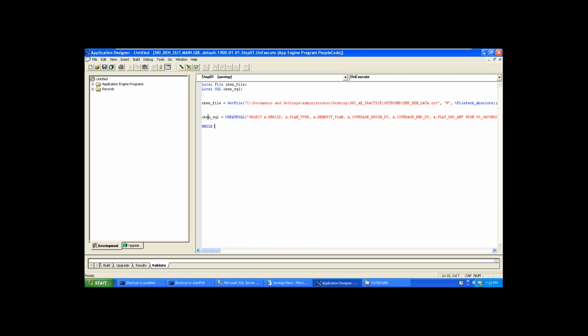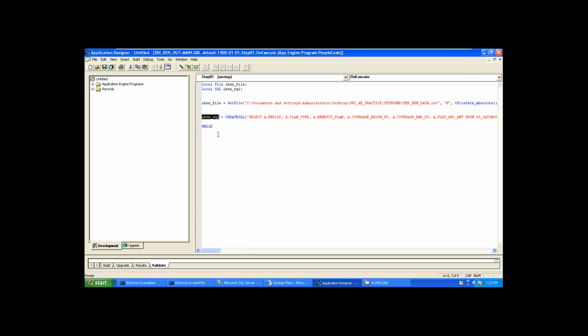Generally, the while loop we will use at the starting stage, it will set the condition and it will write the code, right? Yes. The same way here.